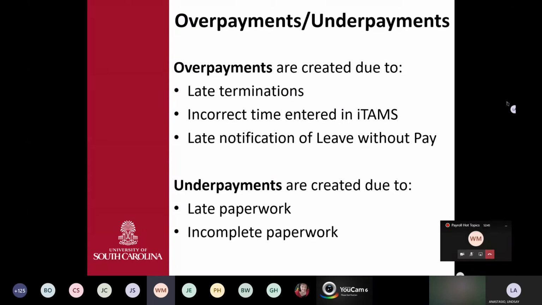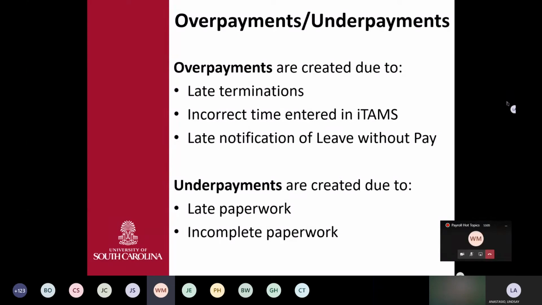That's why Jennifer went through her presentation about the timing of timesheets, when they have to be entered, and when they have to be approved. All that has to be done in a timely manner, and it has to be accurate. As you approve your employee's time, that's why she stressed the role of approver.